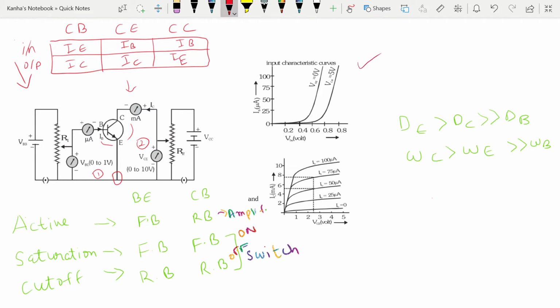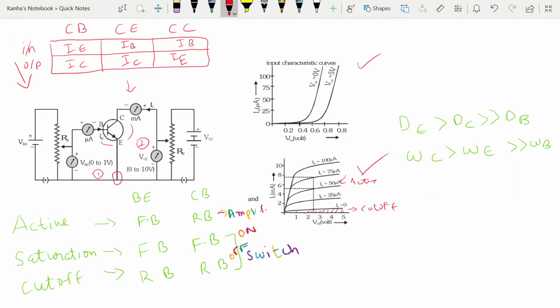And then I've given right here the characteristics of a common emitter diagram. You might be given the characteristics of a common base or a common collector circuit, and then they might ask you questions regarding it. So all you need to know from these is that for the common emitter case, this region is the cutoff region. Okay, and all these regions are active.